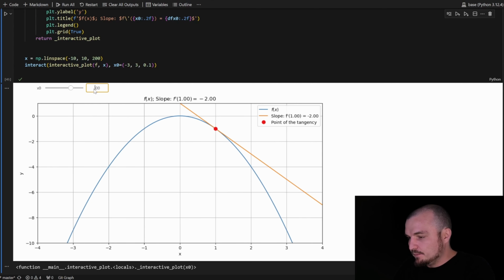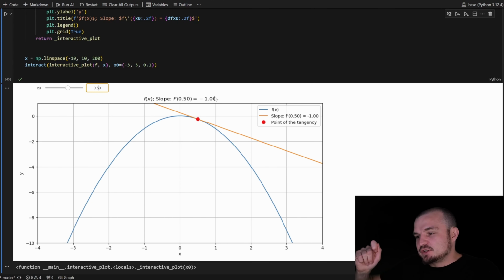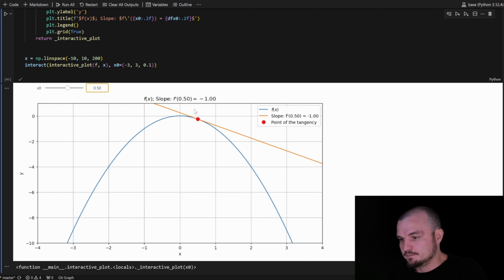Let's say we use 0.5, make one more step to the maxima, and this slope value with the sign, it's like a compass. It shows us the direction of the steepest ascent of a function. And if we follow the slope direction, we can find the maxima of our function.